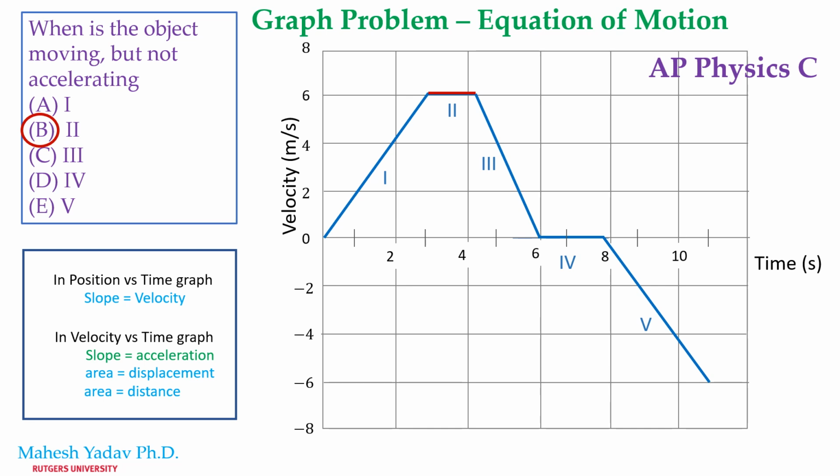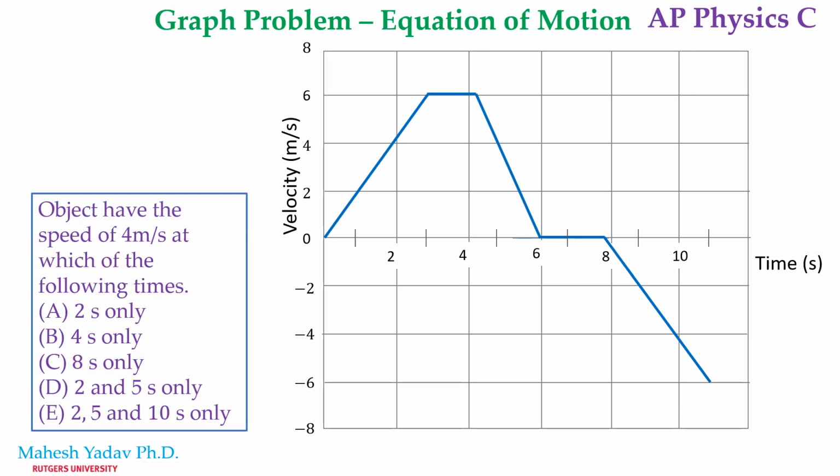Let us now go to the next question. In this question, they ask at what times the speed is 4 meters per second. Remember, speed is a scalar quantity, or it measures how fast the object moves. So the object moving with velocity positive 4 meters per second and minus 4 meters per second has a speed of